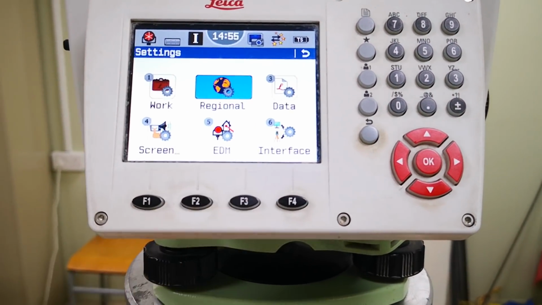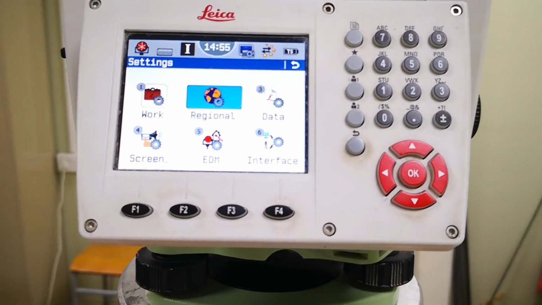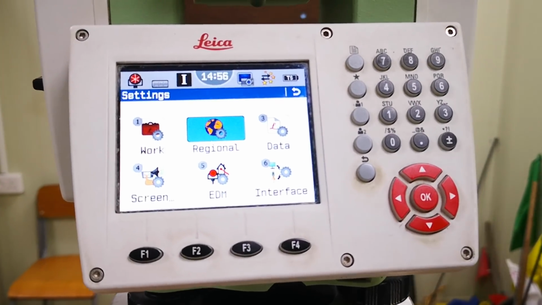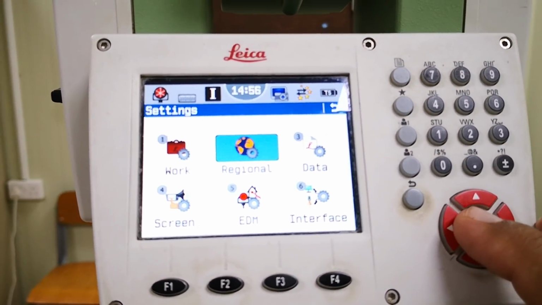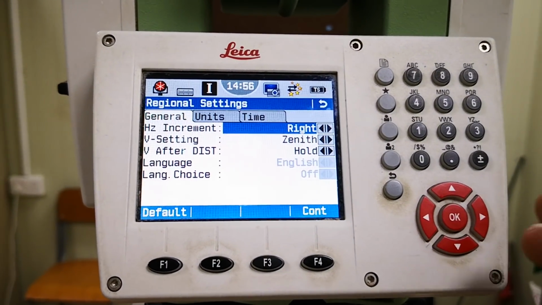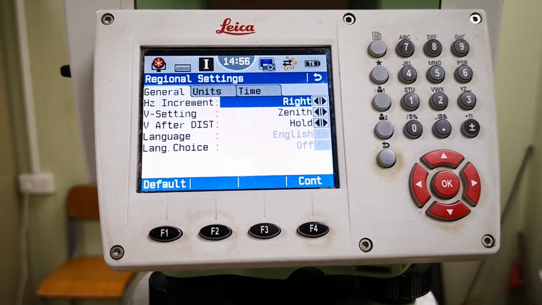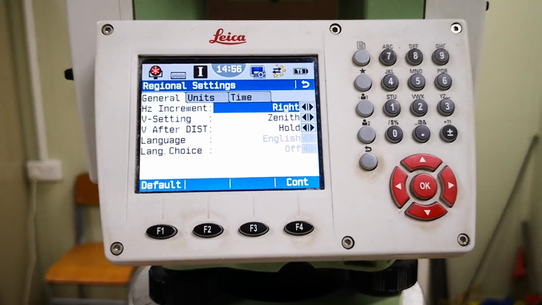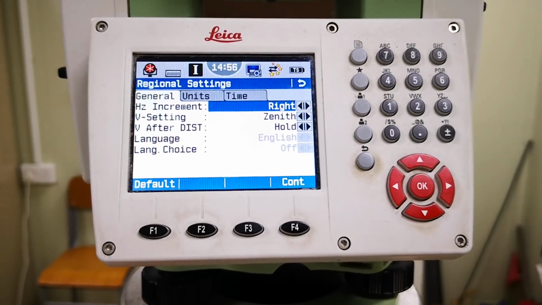I'll press on the settings. Option number 2 is Regional, so I'll simply press OK for regional. Then we have 3 types of regional settings: one is the general settings, second is the unit settings, and third is the time settings.